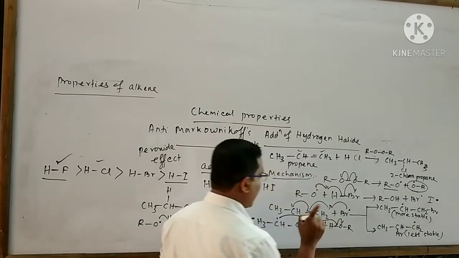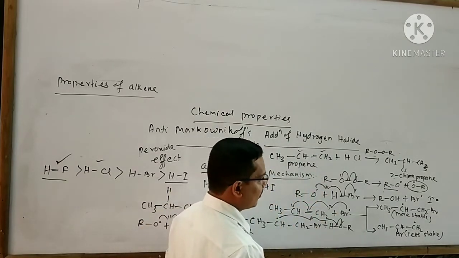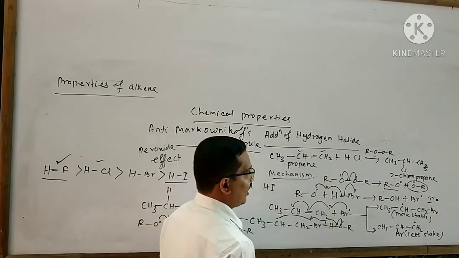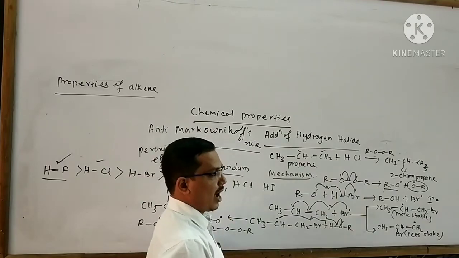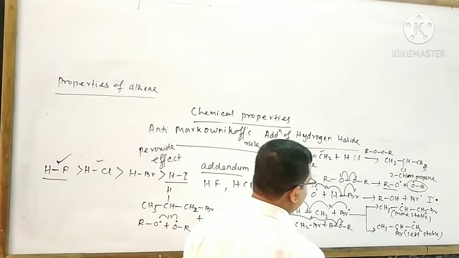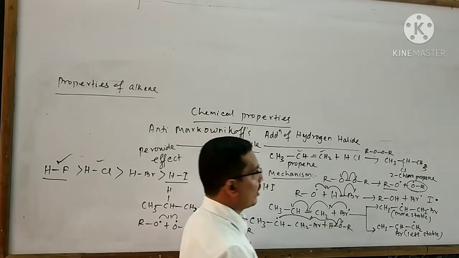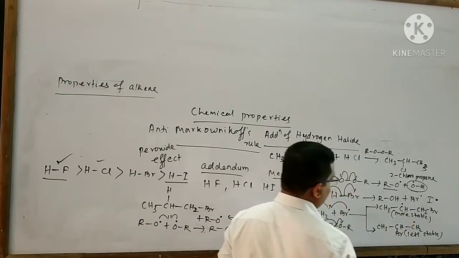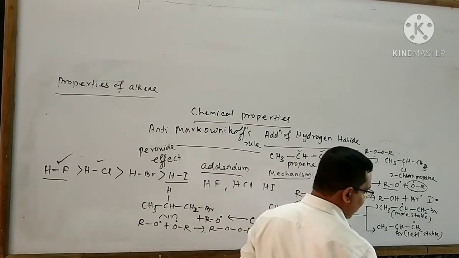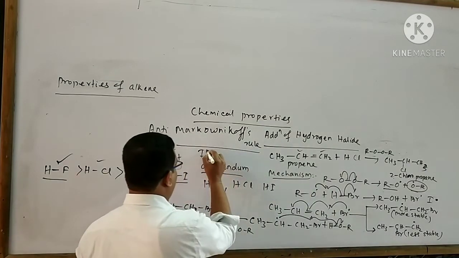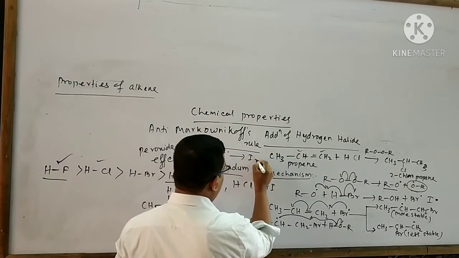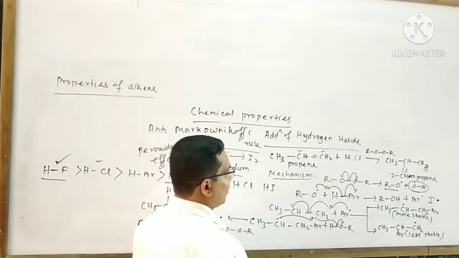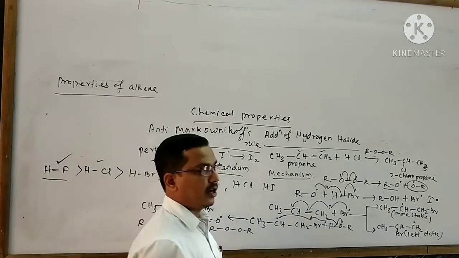it does not attack the substrate very quickly. If the iodine radical attacked the substrate, then we could think about the iodo derivative product, and we could think about the anti-Markovnikov's rule. But in this reaction, the iodine radical combines with the other iodine radical to form an iodine molecule. The iodine radical cannot attack the substrate very easily, but it combines with another iodine radical to form